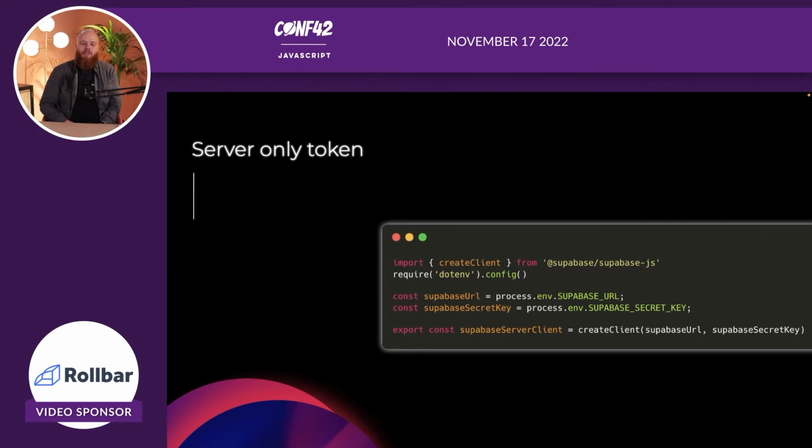So I'm going to get this server-only token, and what I do is I put it in my process.env, which is a known pattern, I think, to most of you, but basically saying, okay, this is whatever that secret key is. And now this, as we just run it on the server, will never expose that key.